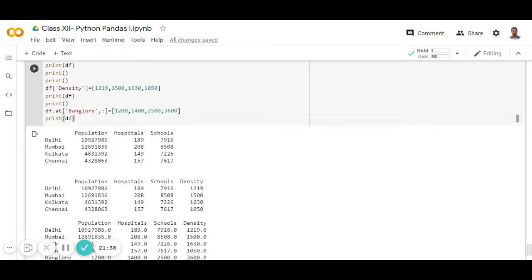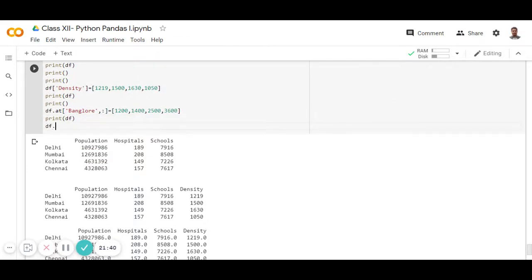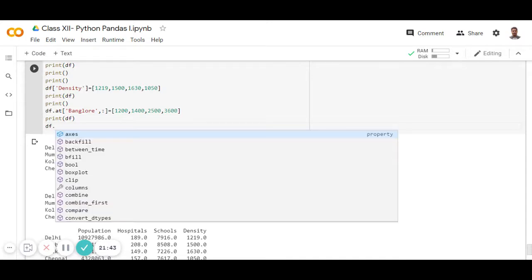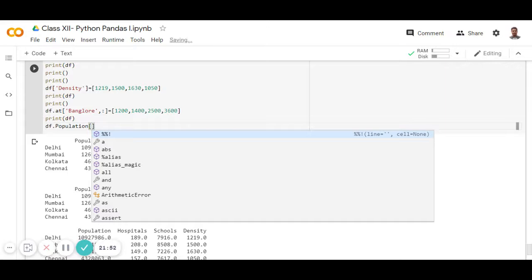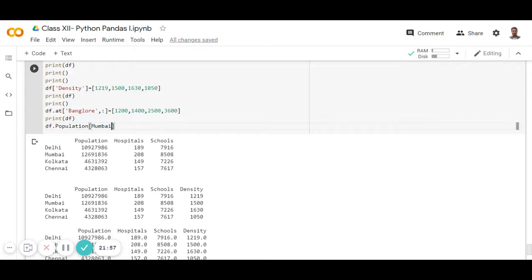So how do we change it? We use df.population, and we give the city name, that is Mumbai, and equal to whatever value you want to give, say 1 2 5 6 8 7.